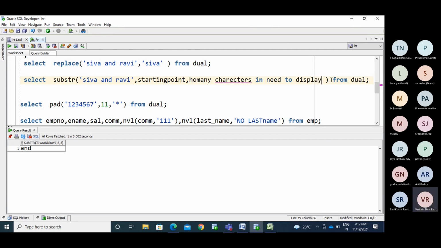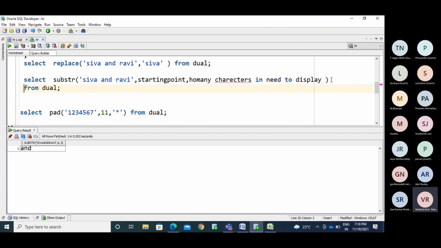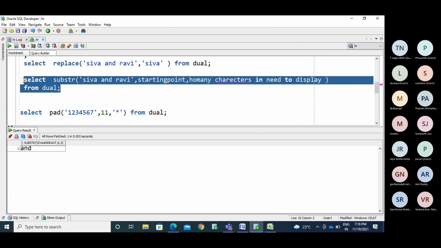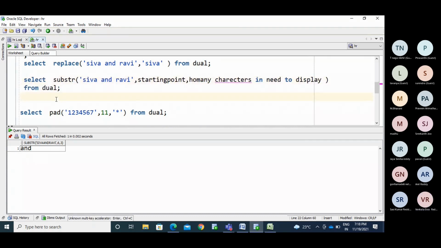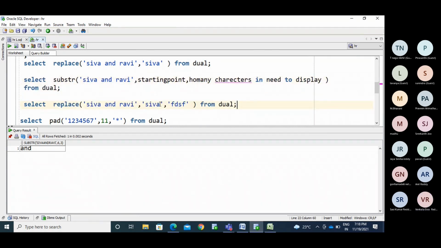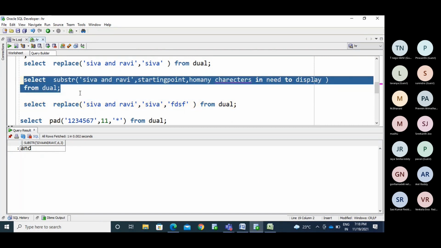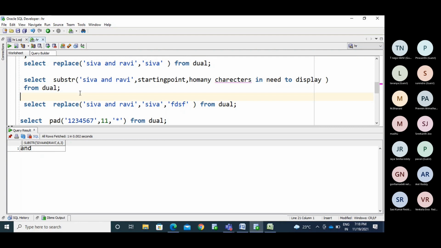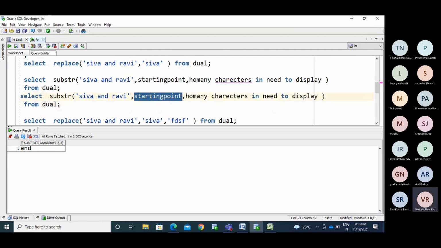See here, starting point is 1 and the length is 7.